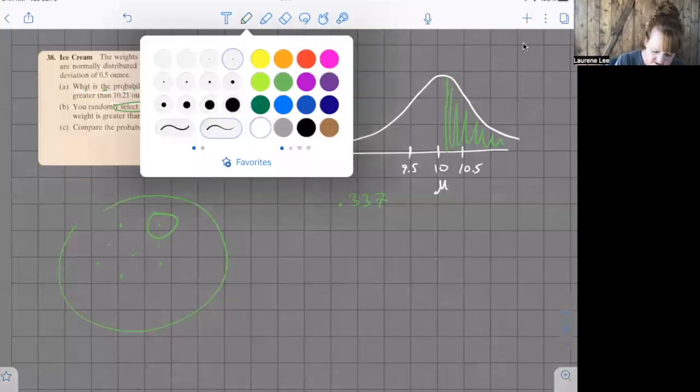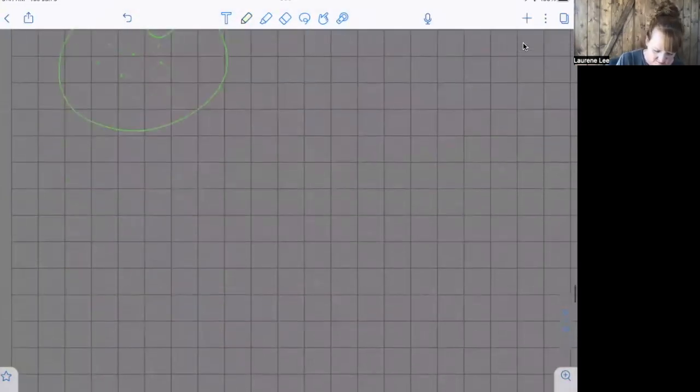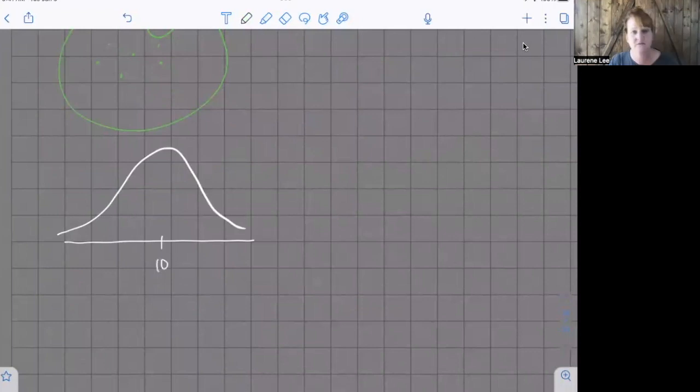I've got my distribution. It is still normal, okay? And my mean is still 10. But now because I'm looking at sample means, I have a different standard deviation. So the first thing that you need to do is